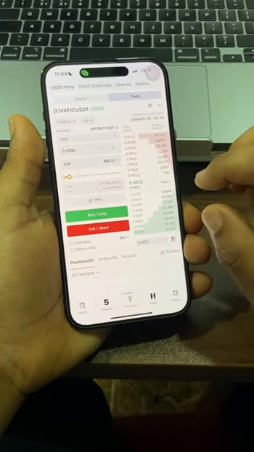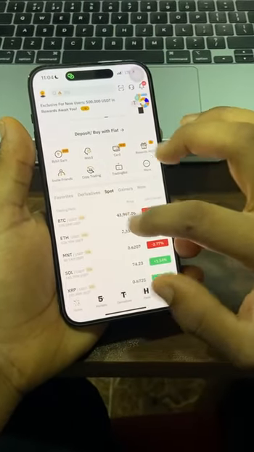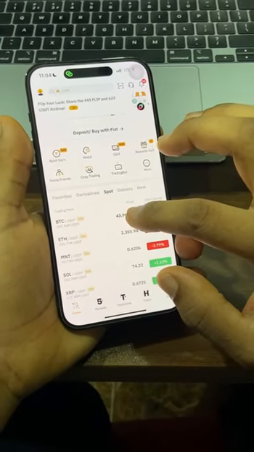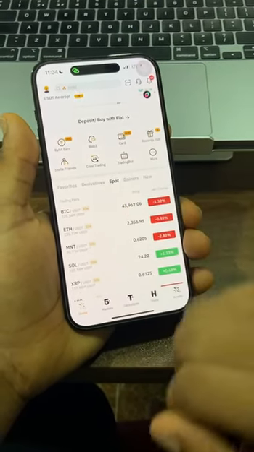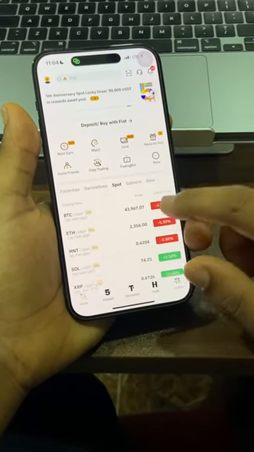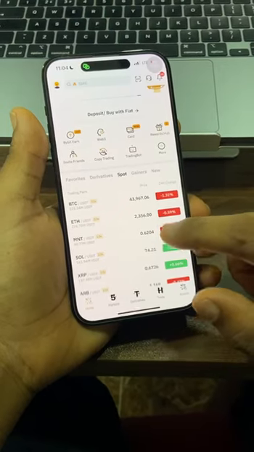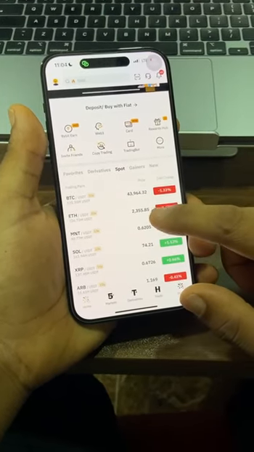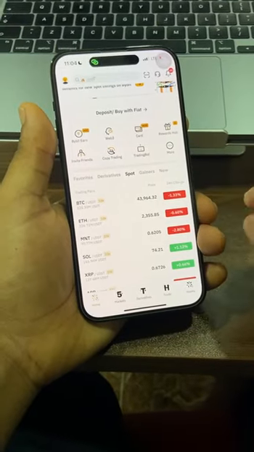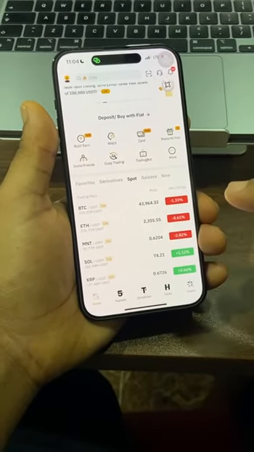Now if I enter a trade on spot, let's say I select spot and then enter any particular trade and buy BTC for instance, and I bought it with $100 on the spot market, and BTC goes up, let's say 50% for instance. What I've made is an extra $50, because the money I used to enter was $100, and 50% of $100 is $50. So I've actually made $50 for myself. So my total capital now will be $50 plus $100, which is my initial money I used to enter,